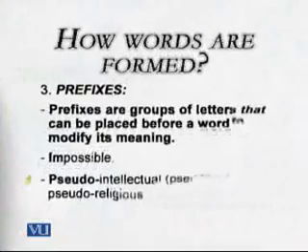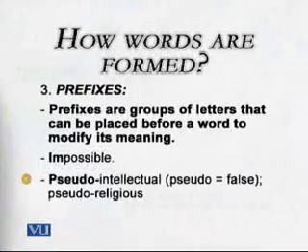Word formation is there. Another example, let's say pseudo-intellectual. Now, pseudo is actually a group of alphabets which means something which is false. So when I say pseudo-intellectual, it means, of course, someone who is not intellectual, or someone who pretends to be intellectual but actually he is not. So I added pseudo at the start. When I add it at the start, it becomes, of course, a prefix.